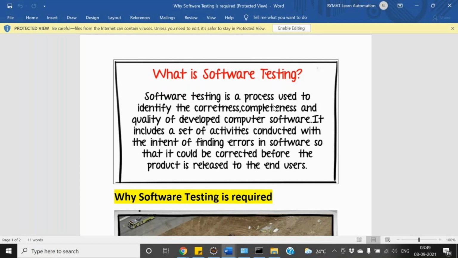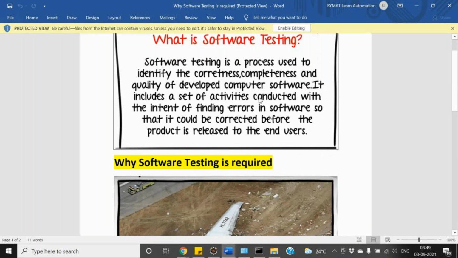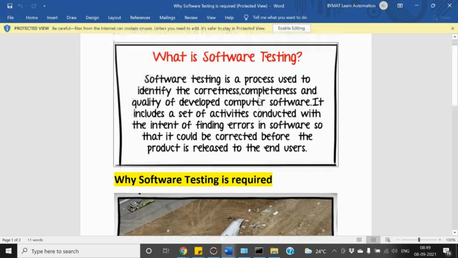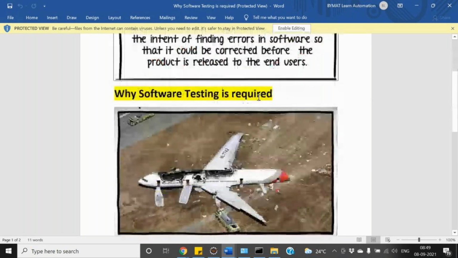When we perform regression testing, we use automation, isn't it? Anything which reduces human effort and redundancy comes under automation testing.